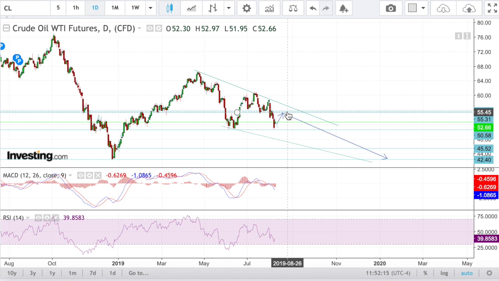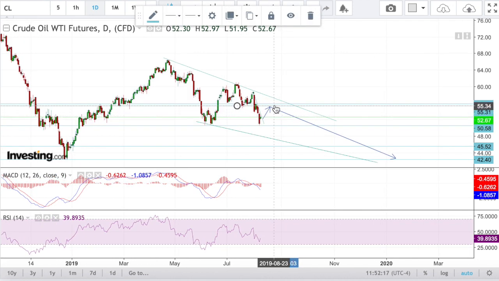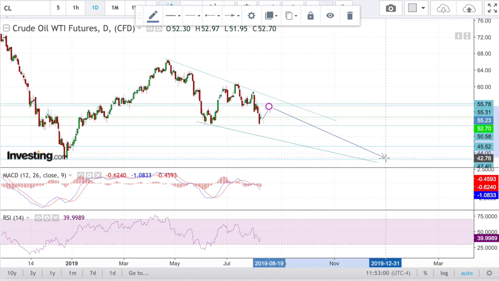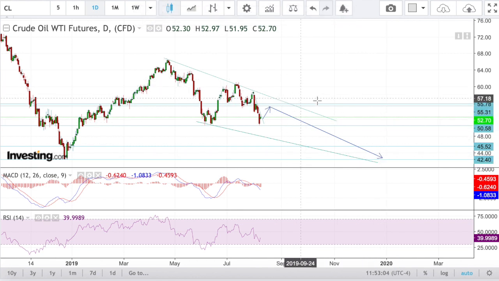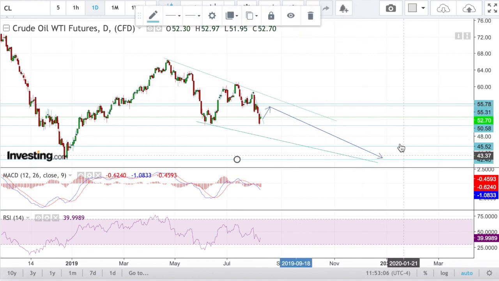If, for example, I see a bounce to the 55 level and I see a potential short trade here, that would definitely make a good video, a good trade idea, like I do, a good trade setup with some good stops and targets, which I've already laid out here.